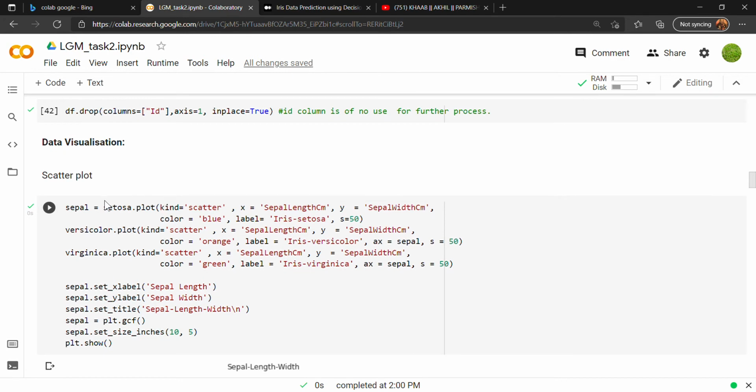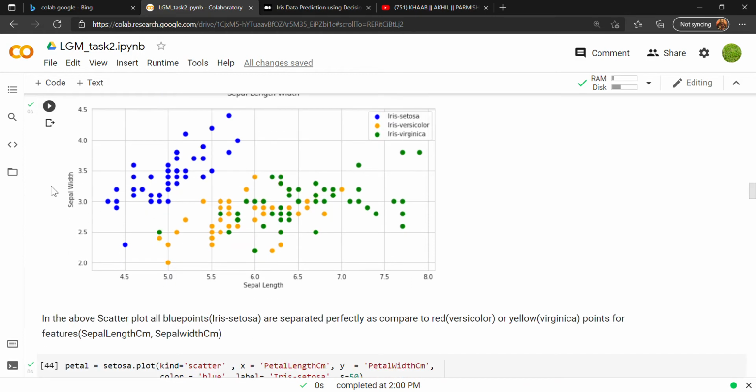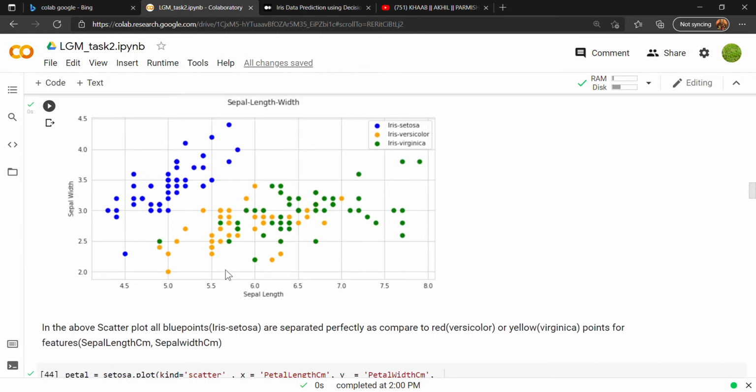First we are using a scatter plot. This is a scatter plot between sepal width and sepal length. We can see that Iris setosa is entirely separable from the rest of the two, that is Iris versicolor and virginica. So we can say that it is linearly separable, as we can draw a linear line between them.